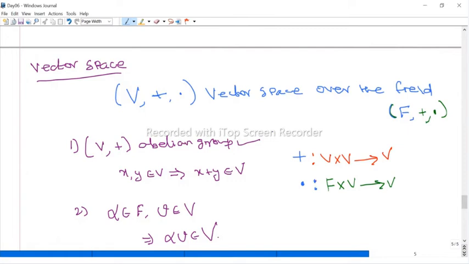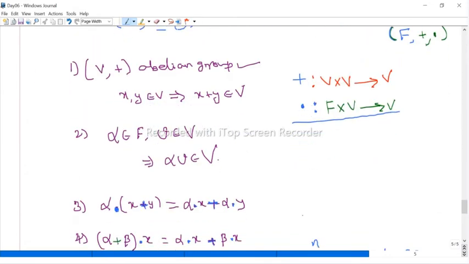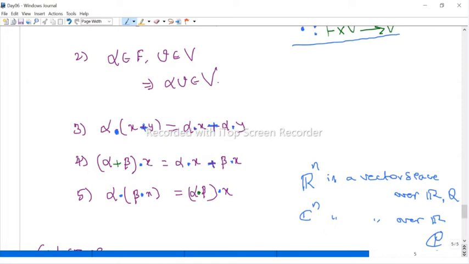When we say V, plus, dot is a vector space, first with respect to the first operation plus, the set forms an abelian group. But we cannot define the second operation on V as a binary operation, because it is a function from F cross V to V. Binary operation means it should be the same set, V cross V. But here it is F cross V, therefore it is not a binary operation. Therefore, we call it a scalar multiplication. Now with respect to this scalar multiplication dot and with respect to addition, we satisfy some properties. There is a relation between addition of scalars, addition of vectors, and the scalar multiplication, and addition of scalars with the scalar multiplication.